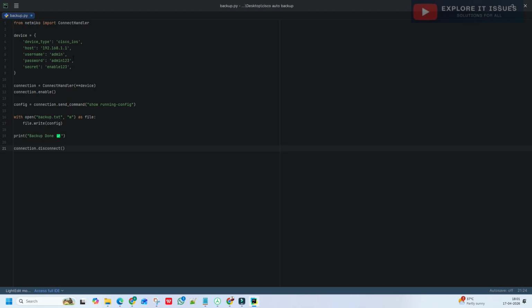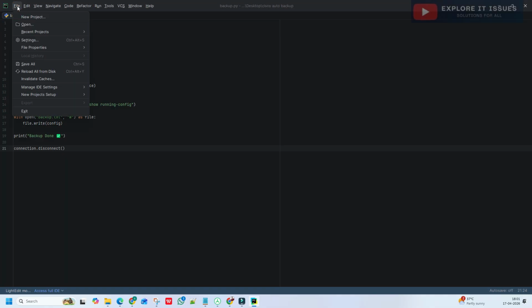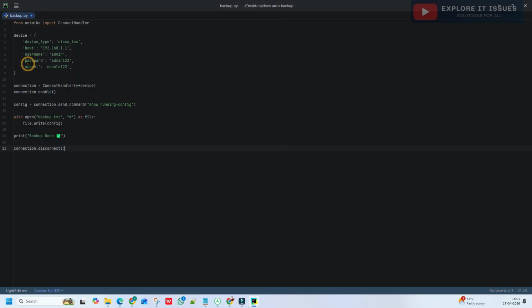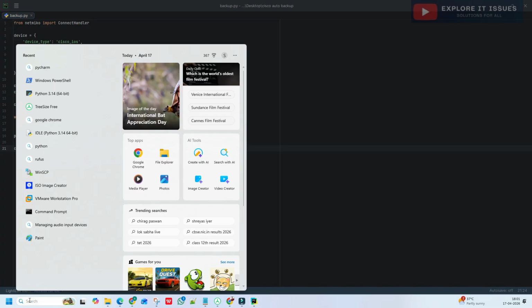After that you just save this file, go and save. Okay, simple. Now again go to your CMD, open CMD.